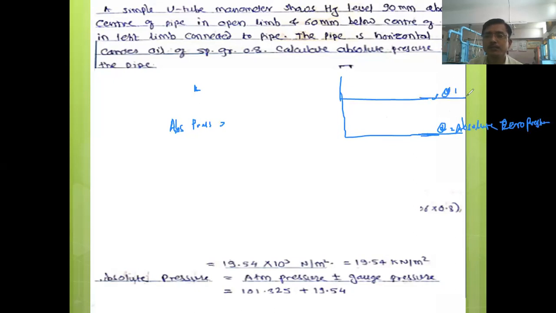And this line, what do we call this line? Atmospheric pressure. Correct. This line is called the atmospheric pressure line. Now suppose we have measured the gauge pressure. From which line do we measure the gauge pressure? From line 1 or line 2? Line first, correct. So this is the datum. For the gauge pressure, the datum line is the atmospheric pressure, right? So this pressure is called the gauge pressure, P gauge.